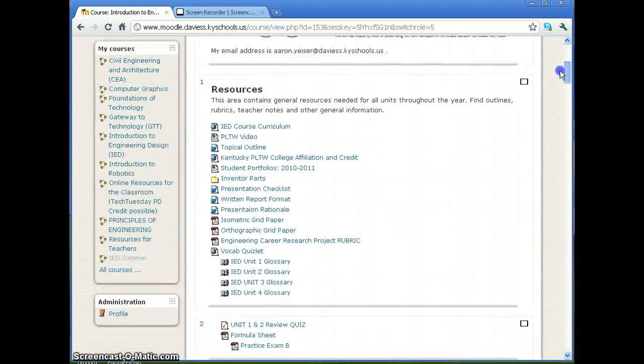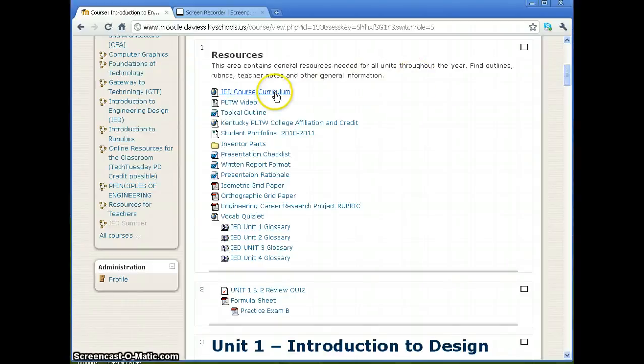Up towards the top of the list in the resources, let's go over a couple things. This link right here where it says course curriculum is the same thing that is on your removable hard drive in the folder or the envelope that you've received. There's a few videos, outlines. This link right here is going to link to the policies regarding college credit for the University of Kentucky. We'll talk more in class about other credits that you can receive through other universities, or at least through our community college here in town. If we go down,